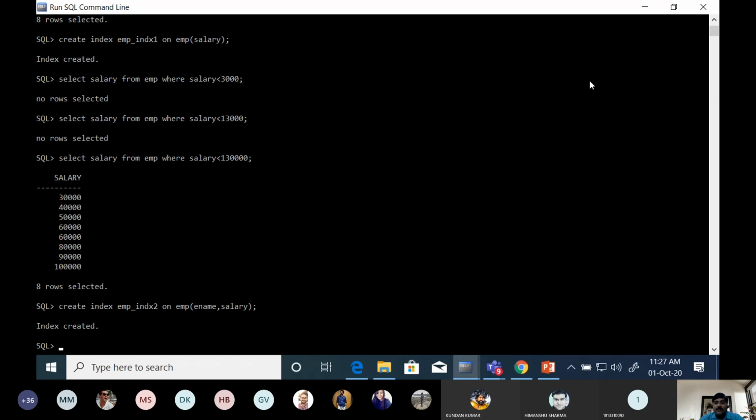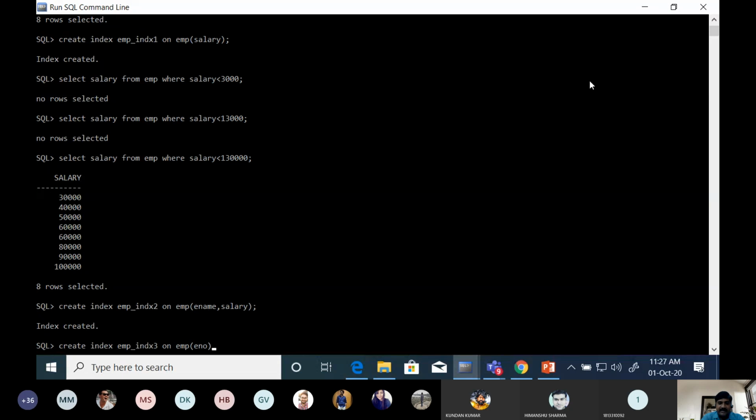Now what about reverse indexing? Suppose we create an index, and the index name is employee index 3 on employee table, and then suppose e-number.